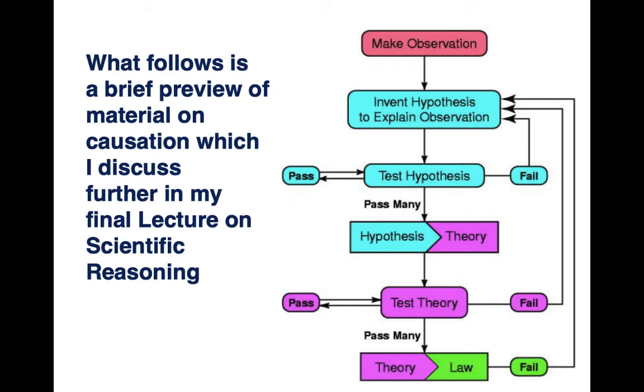And here's a kind of a flow chart here. We observe the world and wonder, what's happening, what's going on, why does this happen? And we invent hypotheses. We get creative and think about how these events could be related, possibly connected. We generate hypotheses which we test. And if we do many tests and we have one hypothesis, which is by and large better than others, explains more or even all of the data, we tend to then accept that as a theory,